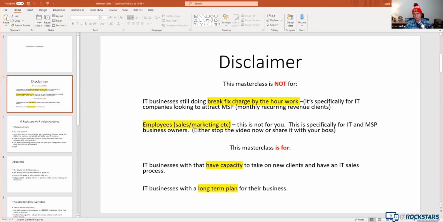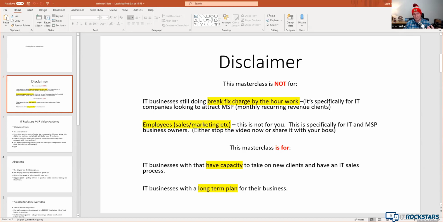So if you're at full limit just now when it comes to managed service contracts, and you can't manage to take on any more business, this really isn't for you, because once you start employing this system you'll start getting inquiries, and people will want to start doing business with you, and you'll find that this will lead to new managed service contracts. Okay, so you must have the capacity to actually take on new business. There's no point in doing this if you can't take on any new business.